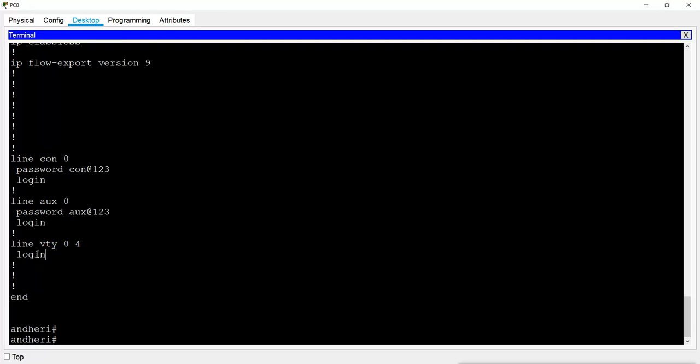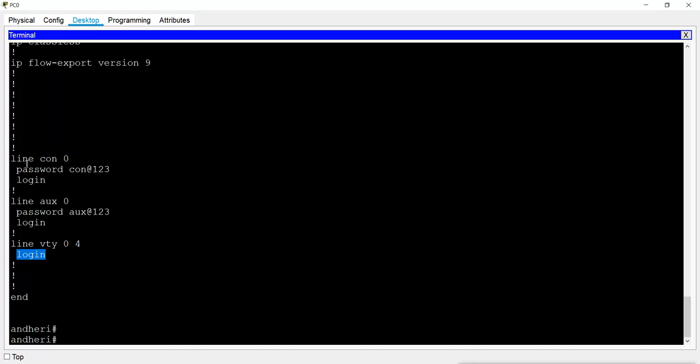Now there is no password here. If you see, there is no password configured, and by default no password in telnet, that means it is not enabled. And why is it not enabled? Because of this login. There is no password and still it is set to login. Login is configured, and that is why it asks the password and there is no password. So when you try to log in with telnet, then it asks the password and you know there is no password. So you can give any password, it will not accept because there is no password. But it will ask the password because login is already configured.